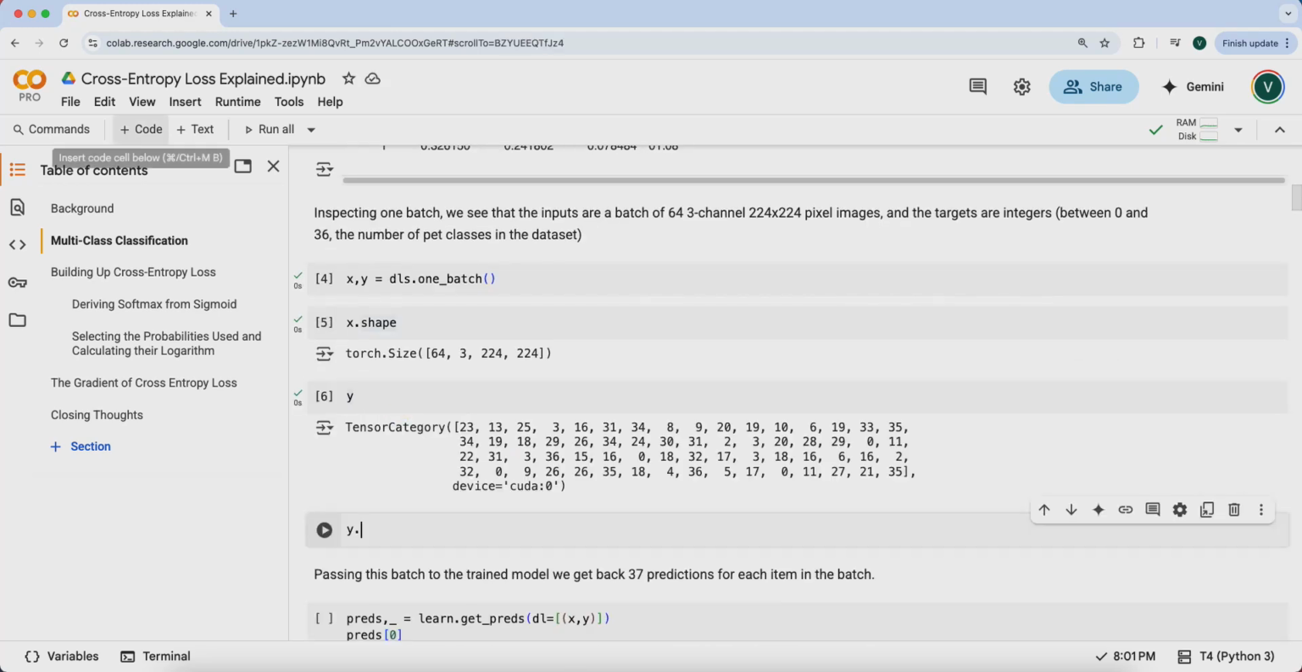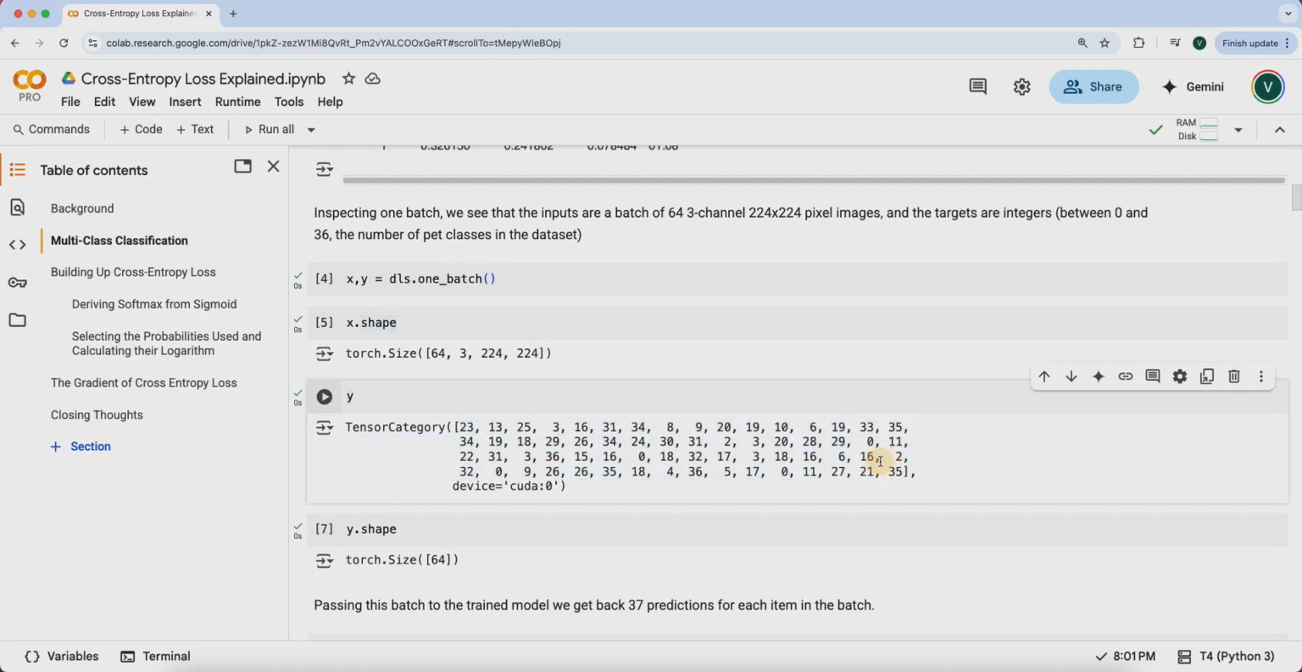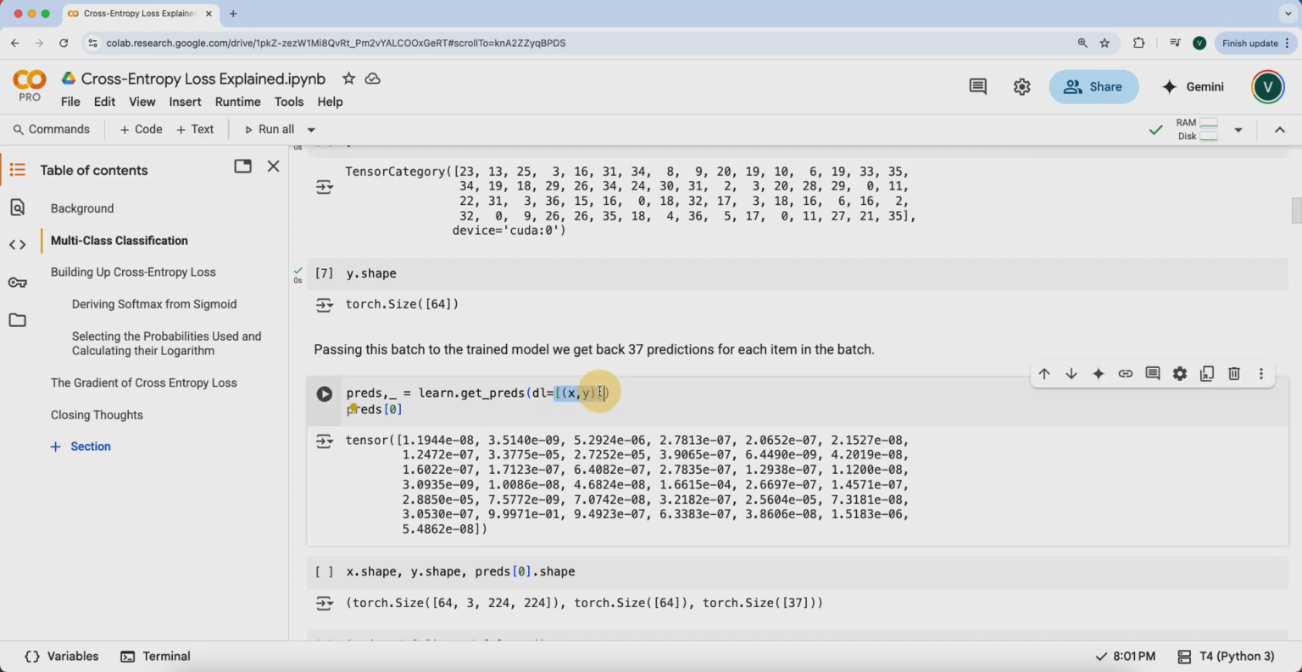If we look at Y, and we look at the shape in particular, we have 64 items. And each item is an index corresponding to the target class for the pet. So the first image is whatever the pet is at index 23. Second image is whatever the pet is at index 13, and so on. These items are all between 0 and 36 because there are 37 classes in our data set. So if I pass this batch into learner.get_preds,